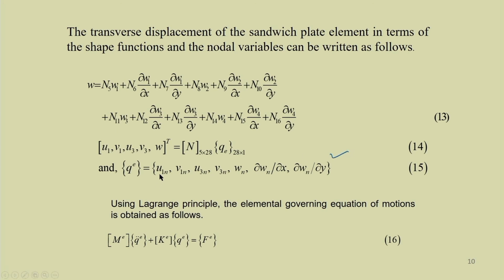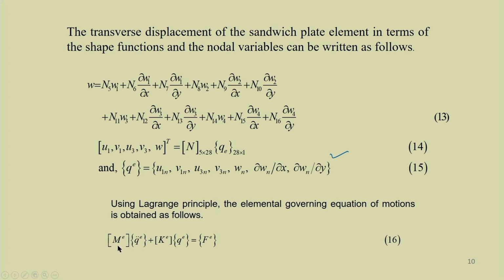That is U1n, V1n for the top layer, then U3n, V3n for the bottom layer, then Wn in the transverse direction. In addition to that, variation of W along x, that is theta x, you can write, or you can write this in terms of del Wn by del x, comma, del Wn by del y. So, using Lagrange principle, the elemental governing equation of motion is obtained as